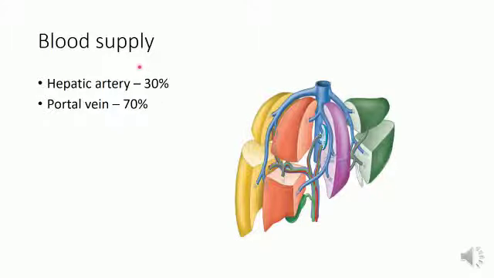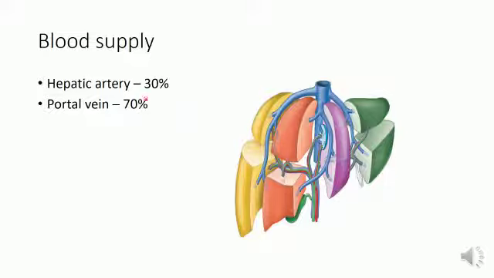Coming to the blood supply of liver, liver has dual blood supply from portal vein and hepatic artery. Around 70% of nutrition is provided by portal vein, which carries blood from gut, pancreas and spleen containing absorbed substances, destroyed blood cells and secretions from pancreas and intestinal cells. And the remaining 30% nutrition is conveyed by hepatic artery.